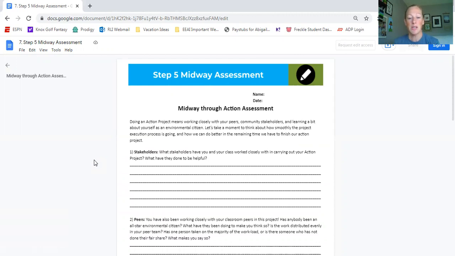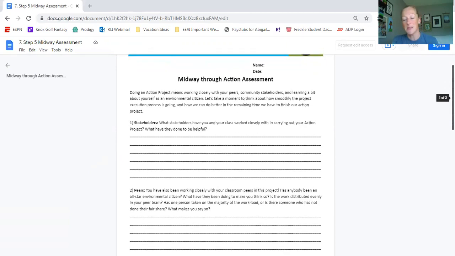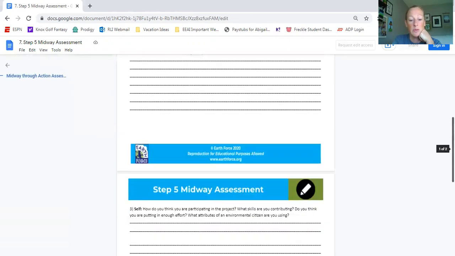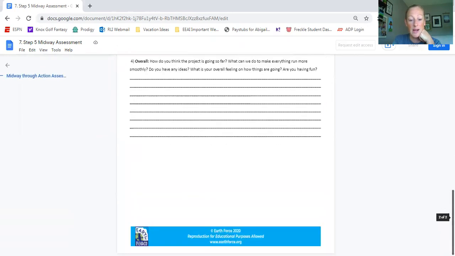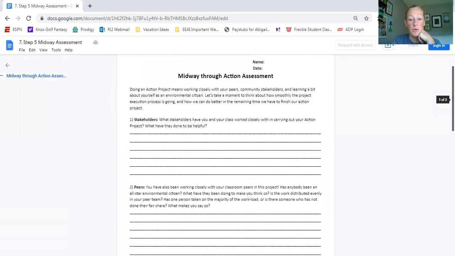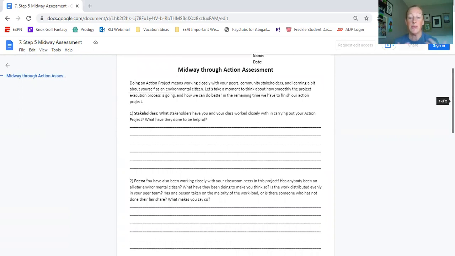But I think it's really an interesting idea to pause somewhere in this taking action process and check in with the students and find out how it's going. And they have some really great questions in this activity that make the assessment really easy to do. And I also really appreciate that they provide you with different ways that you could approach this. You could have the students interview each other. You could just give them this worksheet to work through. There's lots of different ways that you could utilize this midway assessment, but I think the concept is just to